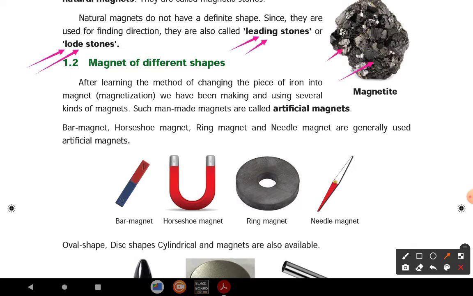What is magnetite? It's a natural magnet. It is in the form of a rock. It does not have a proper shape. But the special property is it will show the direction. What direction will it show? It will always show the north and the south direction. If you take a piece of rock and just tie it with a thread and just leave it,